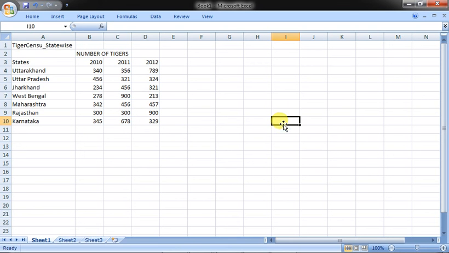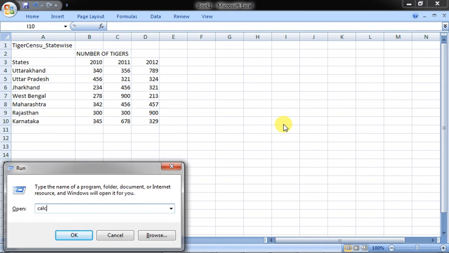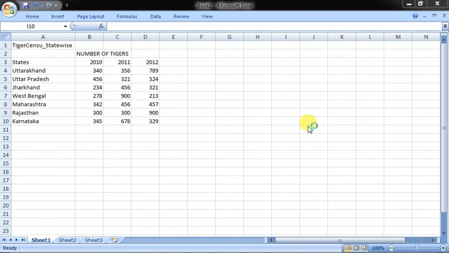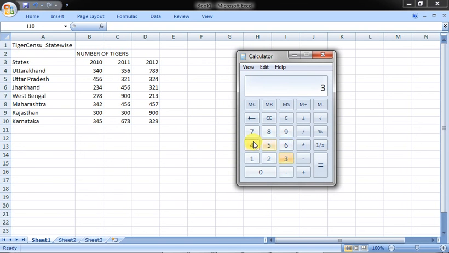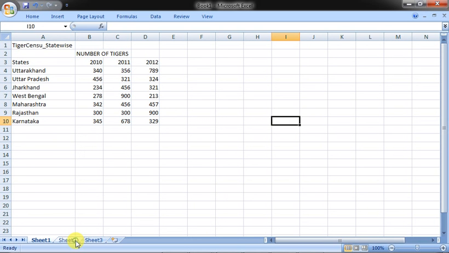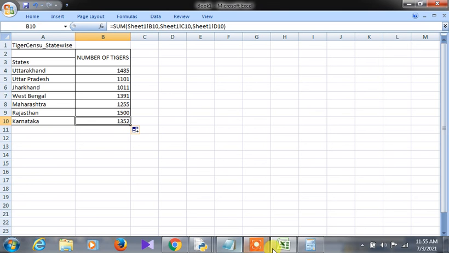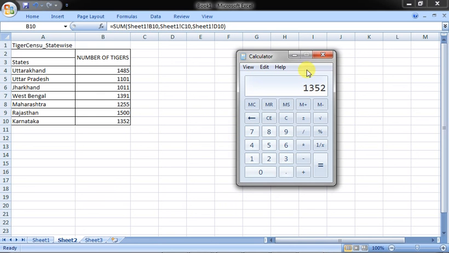One result we will check out here by using the calculator. So you can run the calculator over here, just to cross check whether it has come or not. How could we do it? We could take the numbers 345 plus 678, and plus 329. Now you see out here, sorry, 9 has not come. What is coming? 1352. Let's see in Sheet 2 whether 1352 has appeared or not. Sheet 2, you go. Yes, 1352 has appeared. So the same result, so that means we are correct.